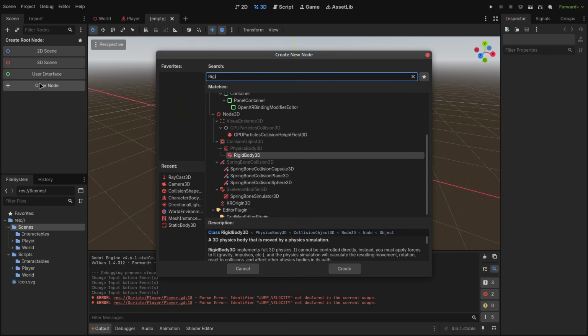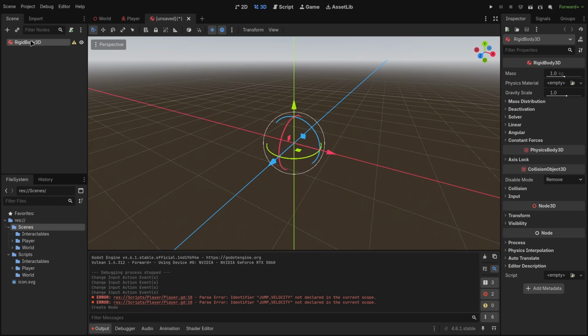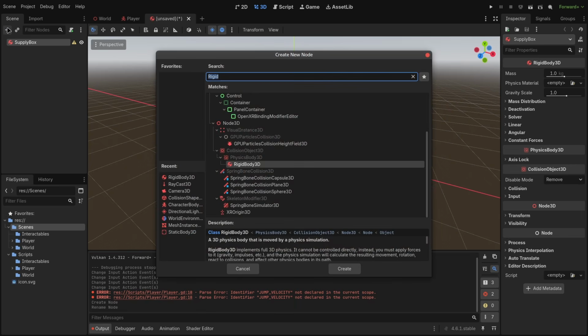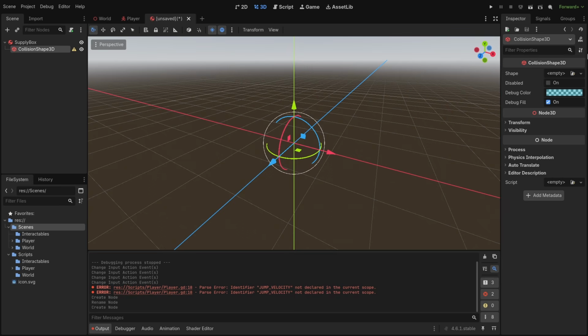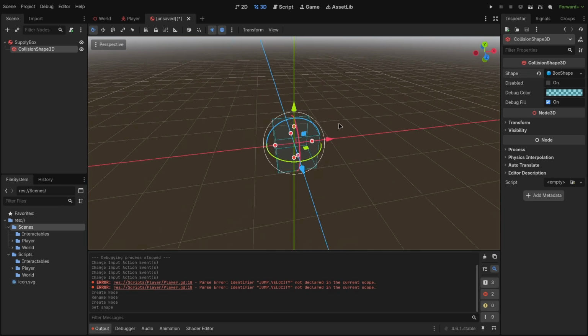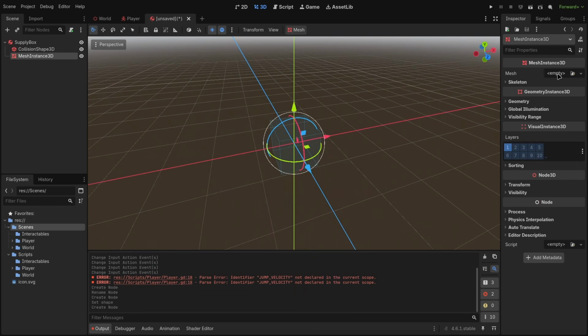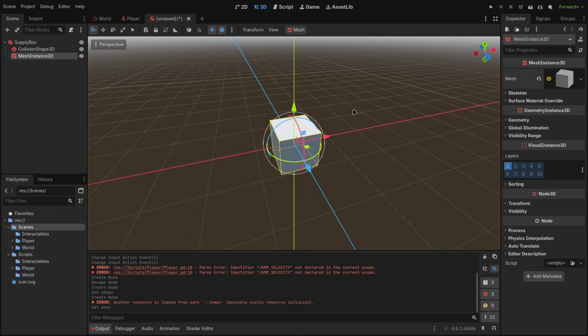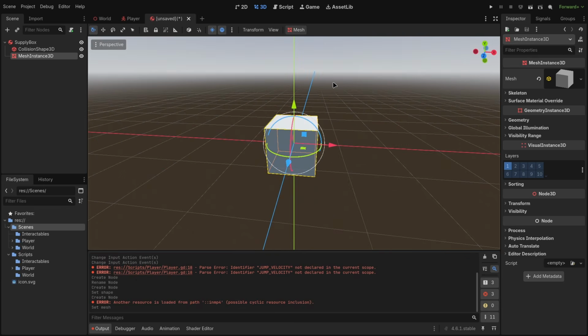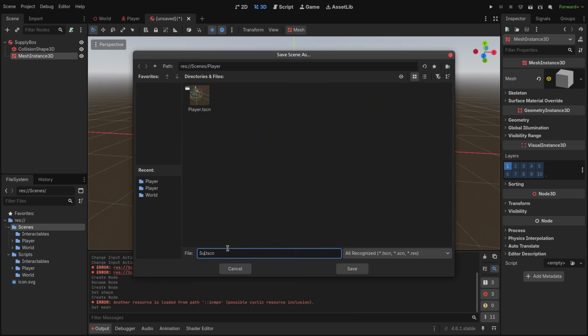So we're going to do a rigid body 3D, and we'll just call it supply box, since that's what its intended purpose is going to be in the future. And we're going to add in a collision shape. We'll make this a square, aka a box, and we're going to also add in a mesh instance to represent it. So we'll add in a box mesh, and we're going to save this, Control Shift S,